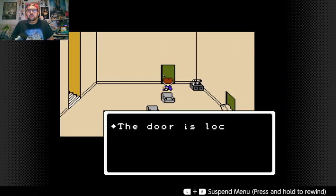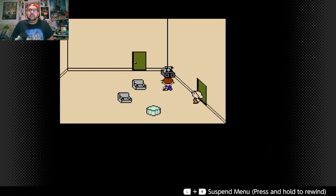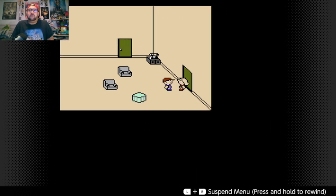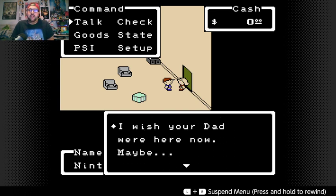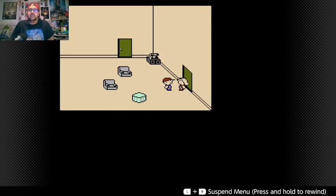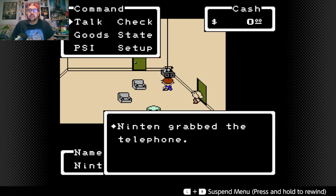What the? The door is locked. No problem. Can't check this telephone that's here. Okay. Nintendo, are you alright? Egad, what is happening to our house? I wish your dad were here now. Maybe. Telephone. Nintendo, please get it. I gotta talk to the phone? Oh my god. I mean, that makes sense, I guess, but...